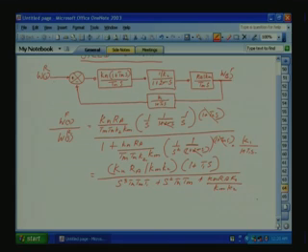So, if you see here, the S term is missing, S square is there, S cube is there,